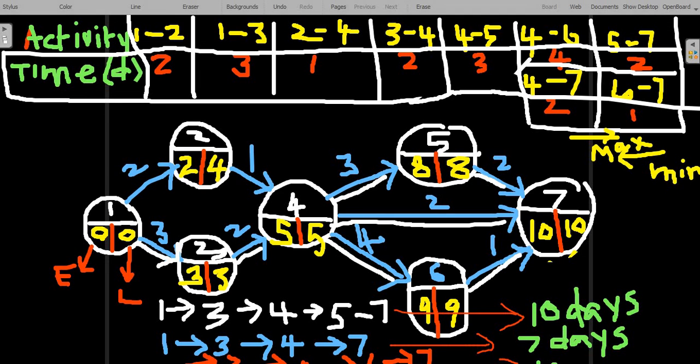So which path is the best path? A path through which the number of days is maximum. That's called the best path. So the first and last are the best critical paths. The time taken through the first critical path is 10 days. Time taken through the last critical path is 10 days. Therefore, the first and last critical paths are the best paths here.